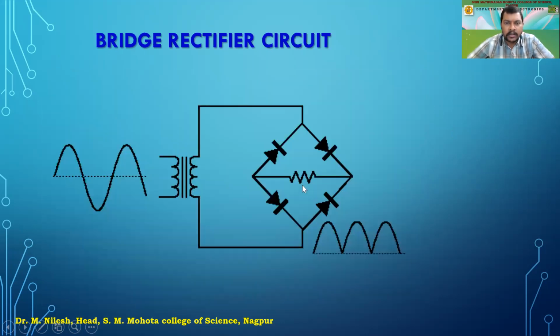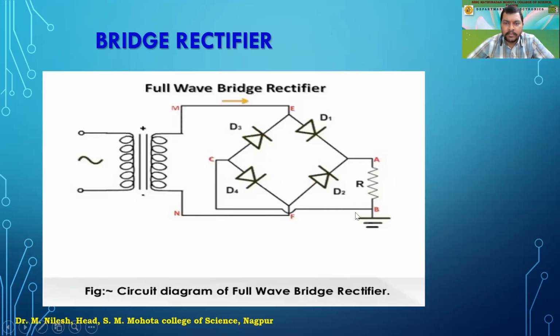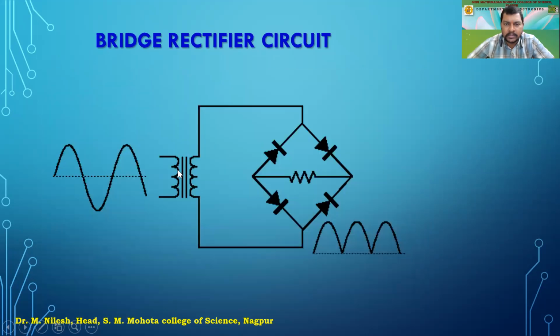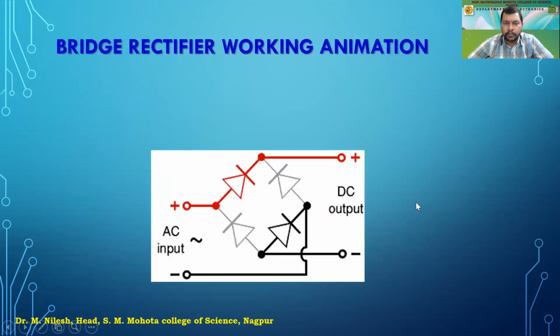So this is again the circuit diagram. This can be another form where we can draw the same circuit, right? So here we have directly connected the load resistance in the middle, and in this circuit we have taken it at the output. So this load resistance can be put inside there, which is shown in this circuit diagram. The same circuit is there, and as you are able to see, both the half waves, positive as well as negative half, can be rectified through this. So we'll be having this type of a pulsating DC at the output.